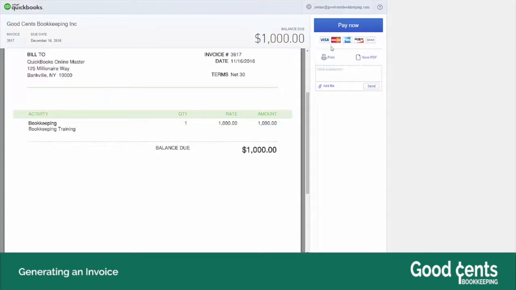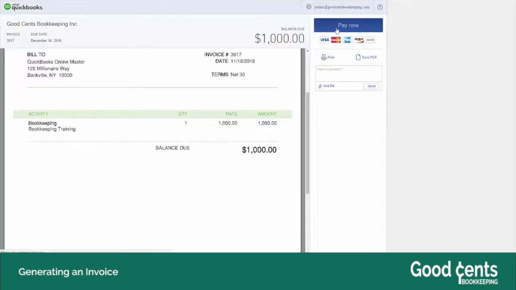When your customers pay you by credit card, it's subject to a percentage fee, and that can range anywhere from 3% to 5%. It depends on how much volume you process each month, your credit rating, and how long you've been with Intuit and proved that you are a good customer for merchant services. In other words, you don't have a lot of fraud charges or chargebacks, things of that nature. If they pay you by bank draft, as of November 2016, the fee for that is very small. It's only 50 cents per transaction. So anyway, I have both of those options set up,